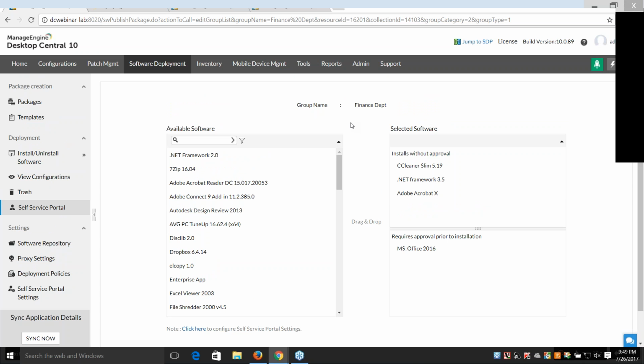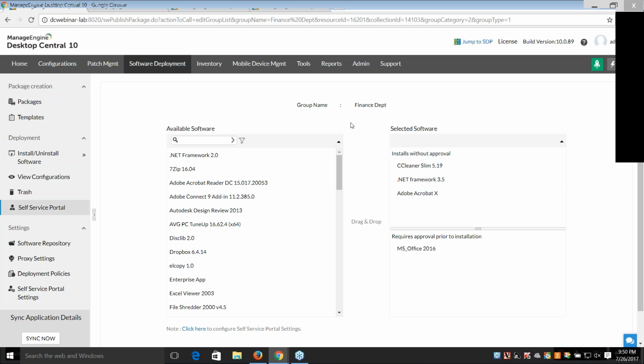Okay, so I have installed applications which are freeware. I don't need to worry about anything. What about commercial applications? Let's take an example of MS Office or AutoCAD or Adobe. I can't just push that application to anybody. It requires license information. I don't want to use my license key unnecessarily on a person who doesn't need this application. Strictly not. So what I will do is enable the request feature, which is available after the integration between